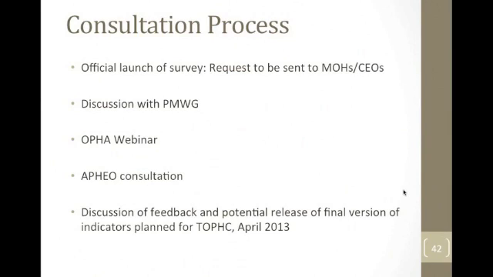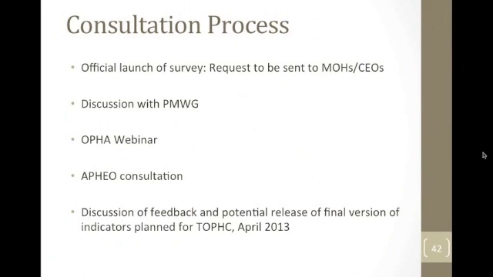There are actually two phases. The survey that's going out right now is to get feedback on these proposed indicators, based on three questions: is this actually feasible to complete? Do they seem appropriate? Do you have any recommendations for changes? So the first survey is just a consultation survey on, does this seem right?